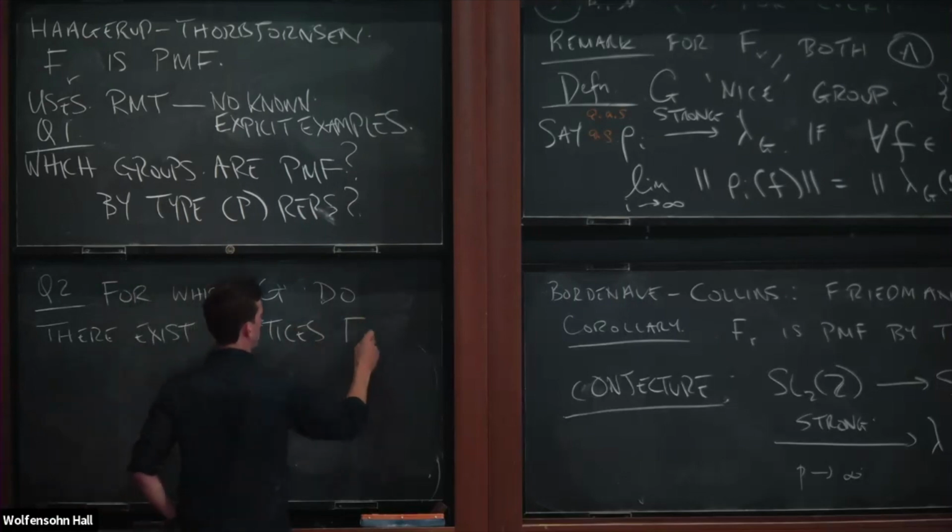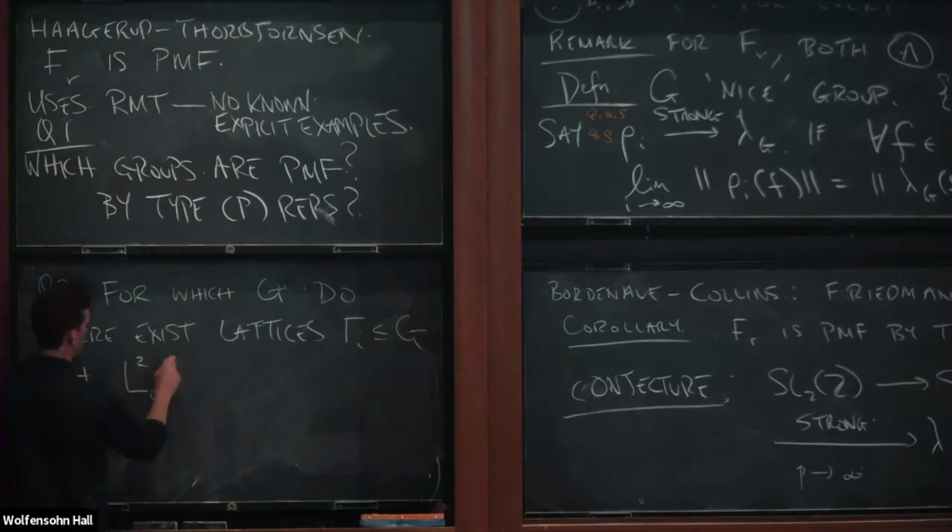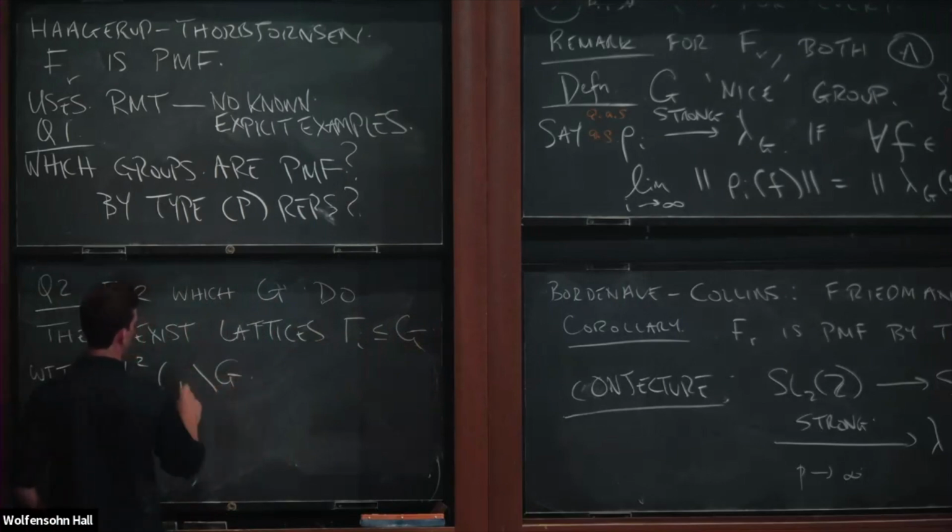Gamma_i in G. And you can enrich the question by putting any adjectives you want on the lattices. You could ask that they're non-uniform, uniform, arithmetic, congruence. For which G do there exist lattices, gamma_i, with L2(G mod gamma_i)